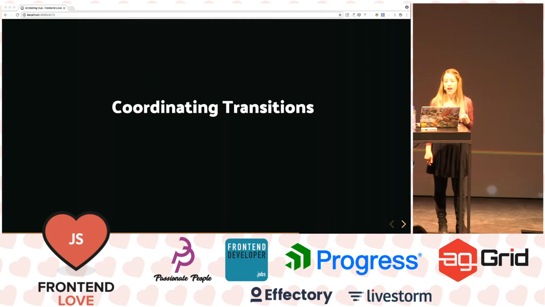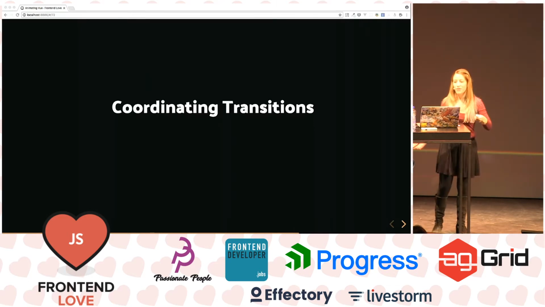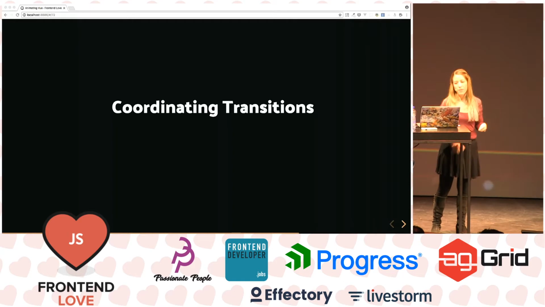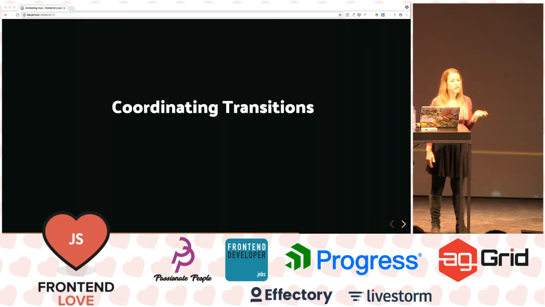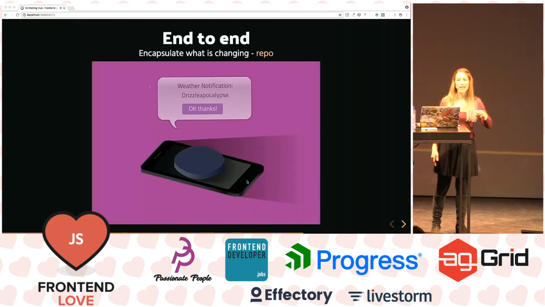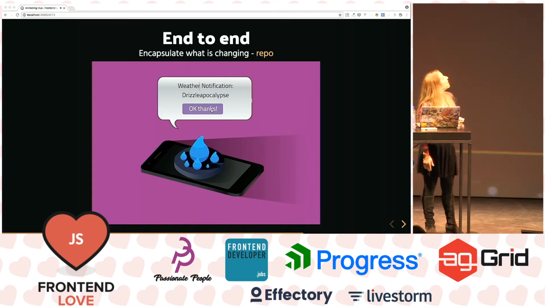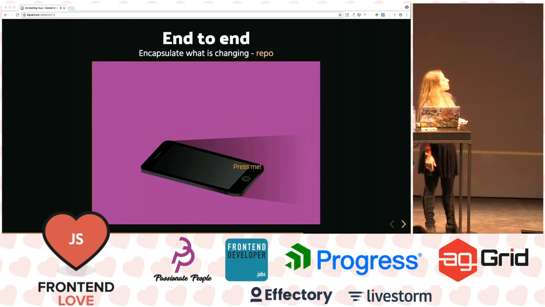And so far, all of our animations have been in lockstep with one another with some small piece of our application. But what happens if we have a giant application and there's a bit of state that's shared across the entire application? So let's look at Vuex for just a second and how we can use Vuex and animation. Oh, and Vuex is kind of like Redux if you're used to React instead. So if we have these weather notifications coming in,